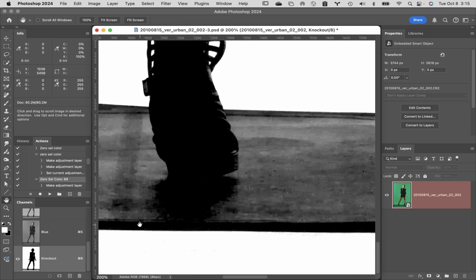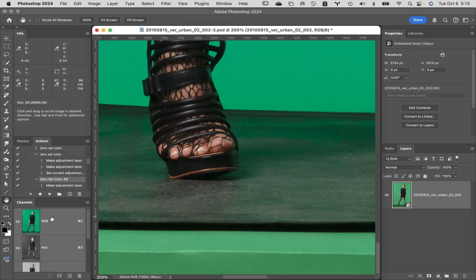You don't need to do this on the knockout layer. I'm going to go all the way back up and click on the RGB layer, and then all I know is that I need to come around this area to get the shoe that's not on that green background. So pen tool really quickly, you guys can do this with me. I'm going to do this a little bit more down and dirty than I typically would, just because that's not what this is all about. But again, you guys do need practice with this tool,